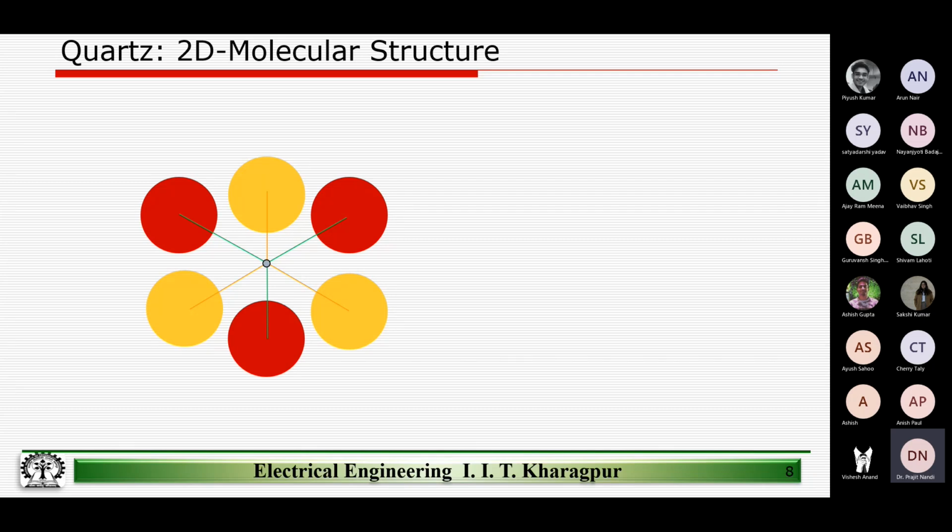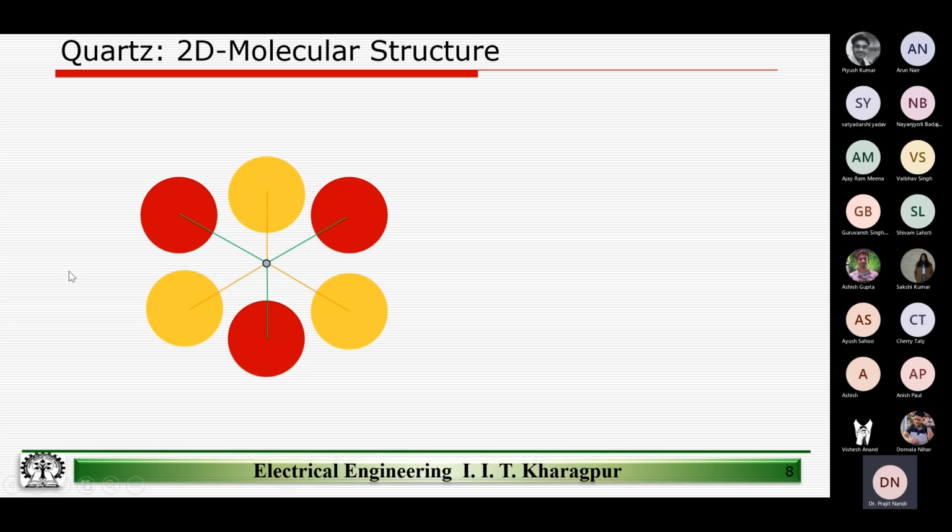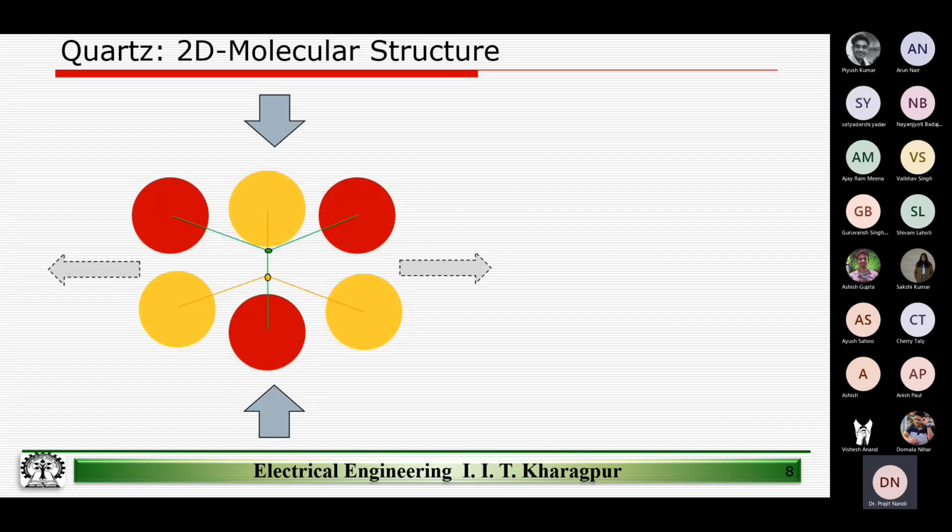And yesterday we saw that if a certain force is applied to the quartz crystal in a certain direction, then it behaves in a certain way. We saw that if we apply a force, then the positively charged cations, the silicon ions, and the negatively charged anions, the oxygen ions, on application of a force in a certain direction, the center of charge for the positively charged ions and the negatively charged ions